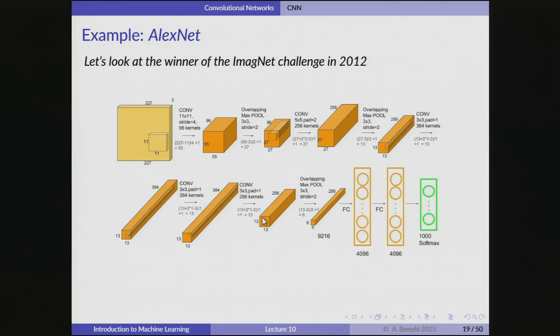2012. Do you know where it was introduced? Here at UofT. Do you know what it did? It was the winner of the ImageNet challenge. The whole belief in deep learning started after AlexNet from UofT, done by a master's student and Professor Geoffrey Hinton from the CS department here, could win